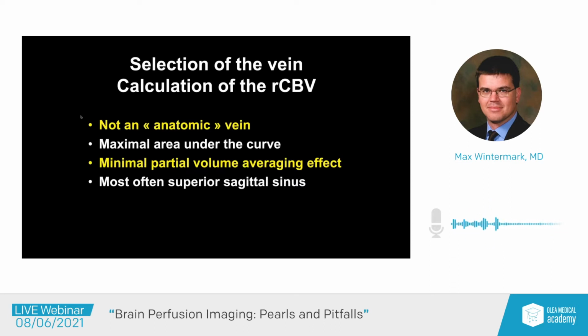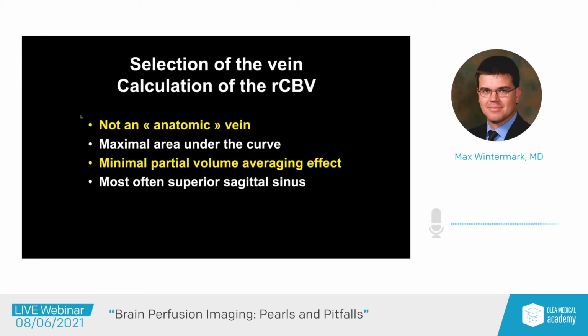Of course, the density of the skull is very high because it's bone, and so it's going to create a jump in that time density curve. Sometimes the software may mistake that for the voxel that has the maximal area under the curve. So that may be one reason where, if the patients move, the software messes up the detection of the venous output function,